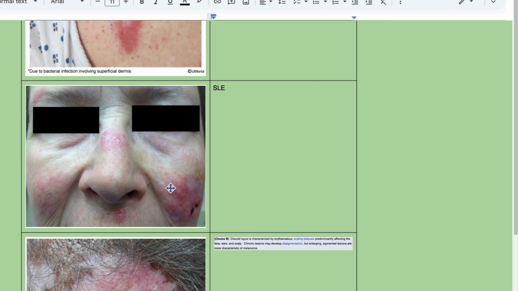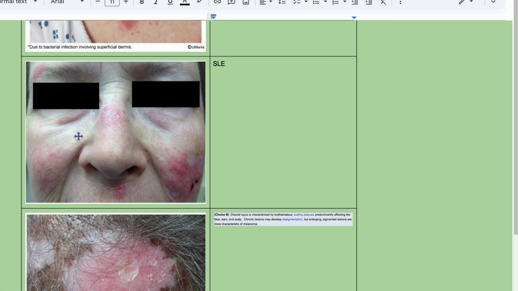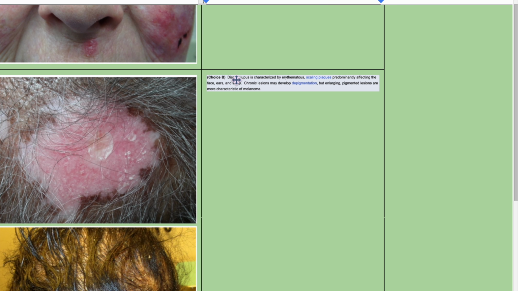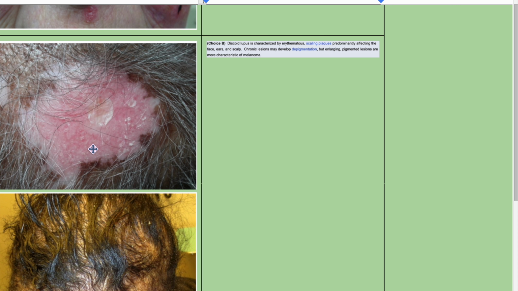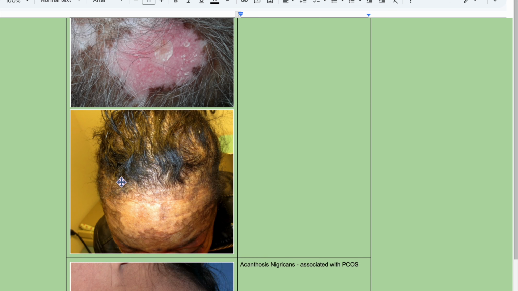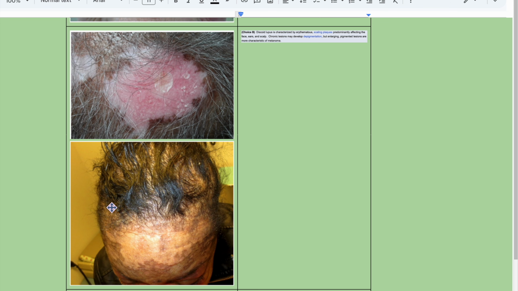SLE. So remember how they said that it spares nasolabial folds right there. So there you go. DLE, or discoid lupus, is characterized by erythematous scaling plaque, predominantly affecting the face, ears, and scalp. Chronic lesions may develop depigmentation, but enlarging pigmented lesions are more characteristic of melanoma. So you can see how there's darker skin pigmentation over here, right? Same thing here. So that's DLE